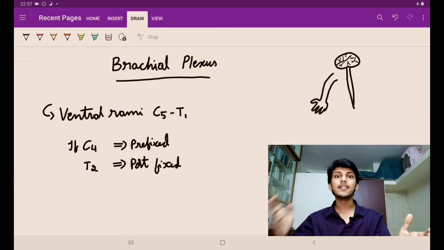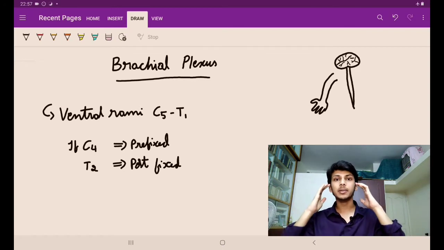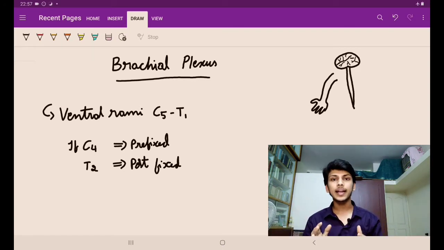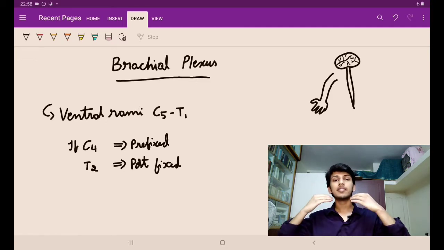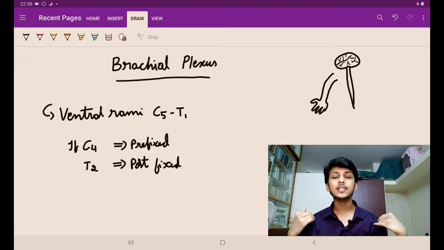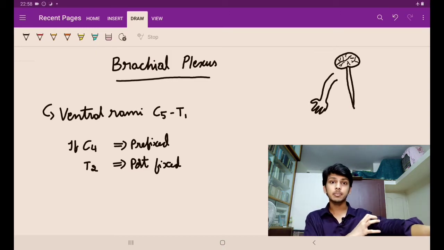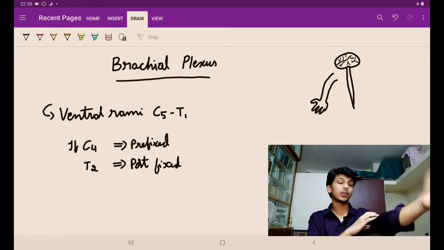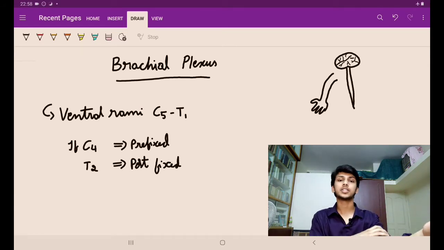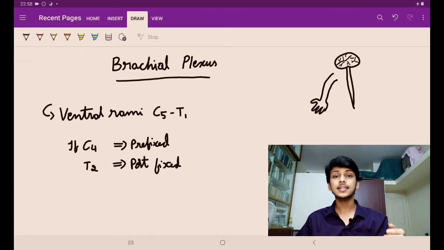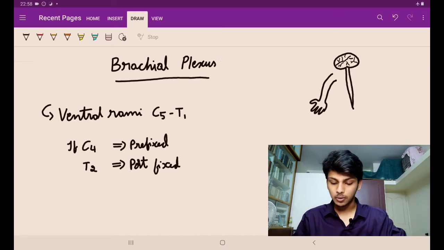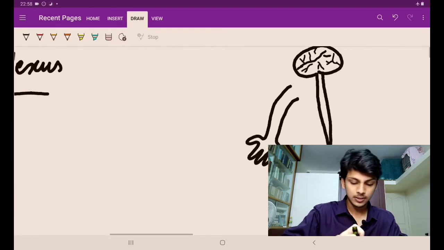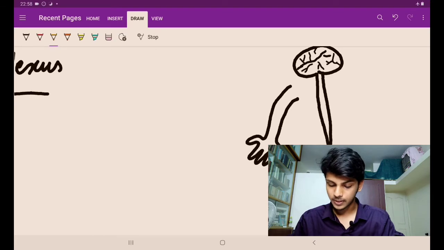Whenever we have to do a voluntary movement, the signal has to come from the brain, and due to different mechanisms, the signal is modulated in such a way that it enters the spinal cord with less disturbance, and from the spinal cord it enters the peripheral nervous system. The peripheral nervous system supplies the muscles, and this differential muscular contraction causes different movements, isn't it? I'll be representing that now in this schematic diagram. See here guys,